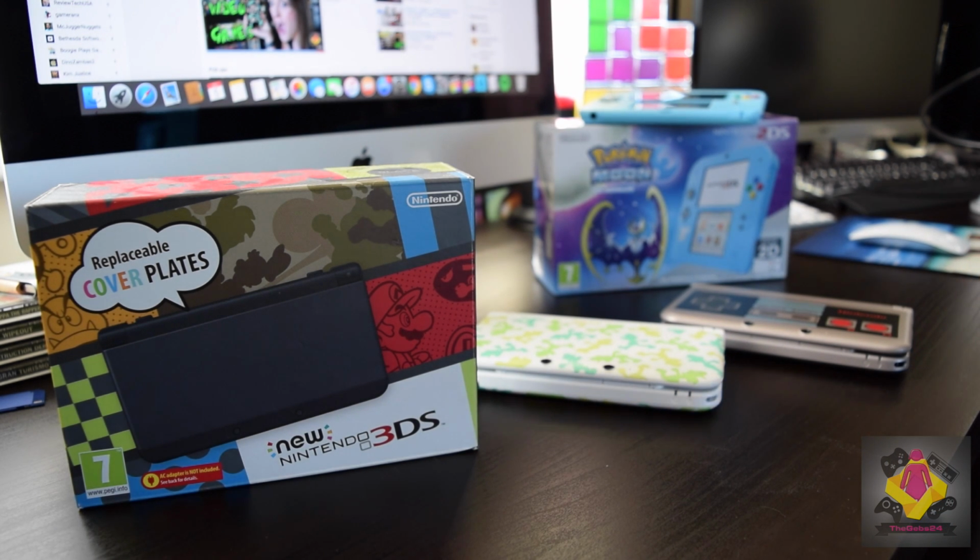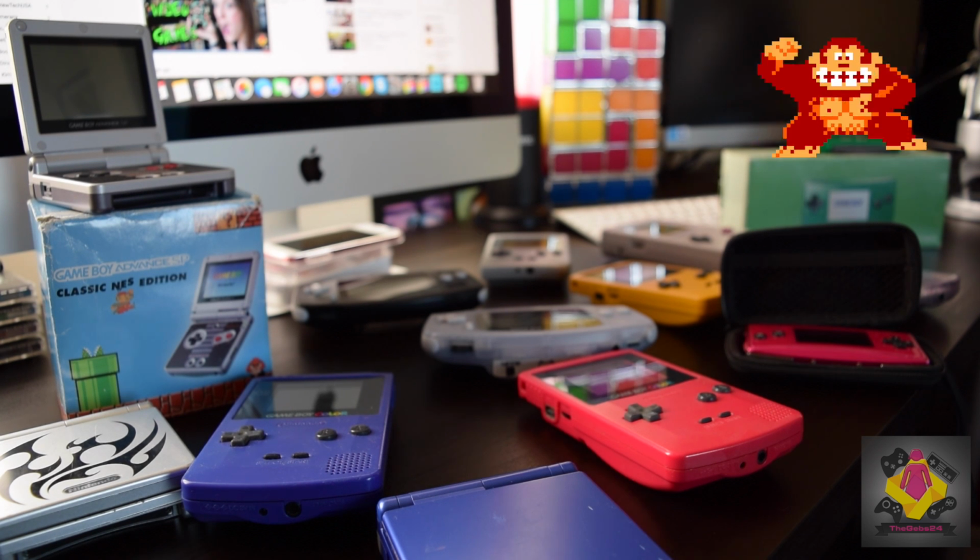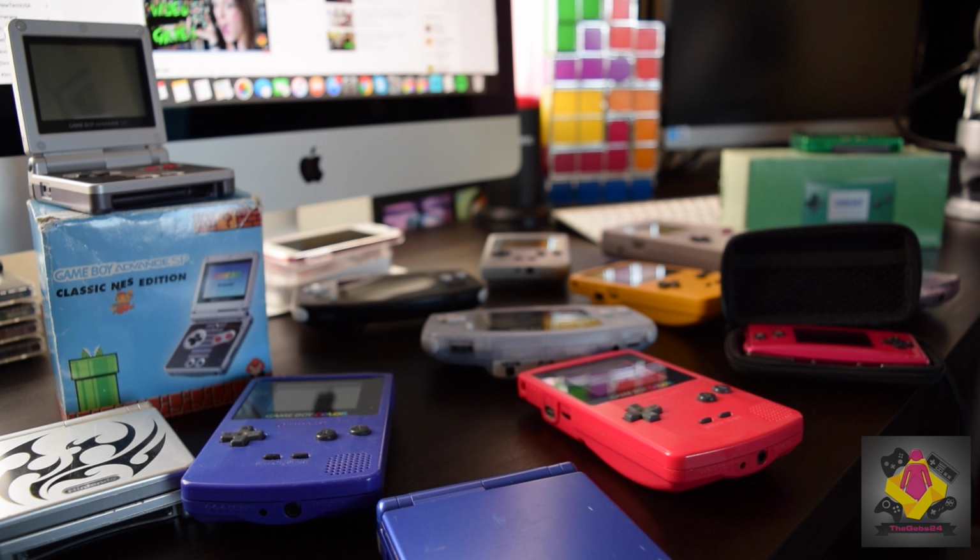Guys, I'm going to show you some Game Boy stuff, my Sony handhelds, but this is my 3DS, and you saw the DS collection just a second before we actually displayed this. Okay guys, we have an entire sea of different Game Boy versions here, and I'm going to take you through some of my favourite. I actually own 2 original Game Boys. I'm only showing one. I didn't feel it was necessary to dive into my boxes and pull it out, but nonetheless,